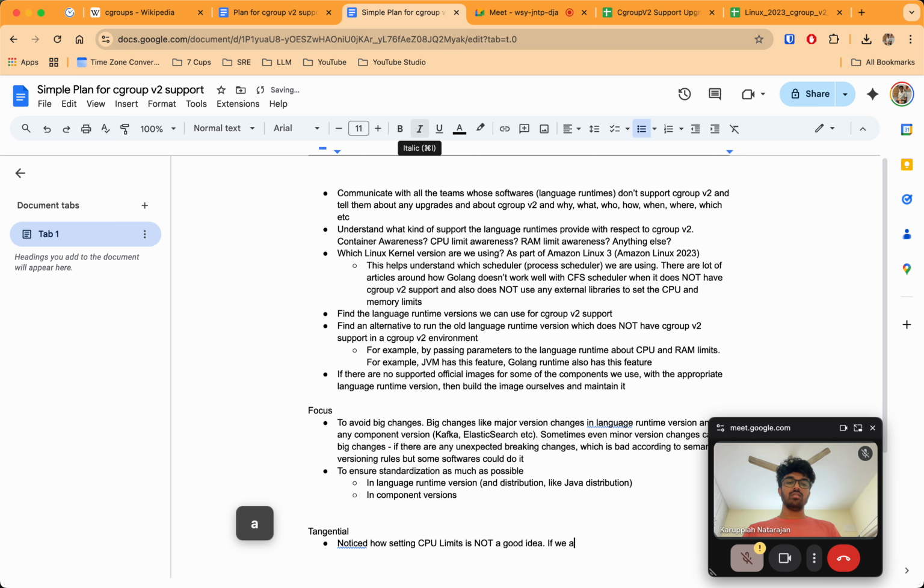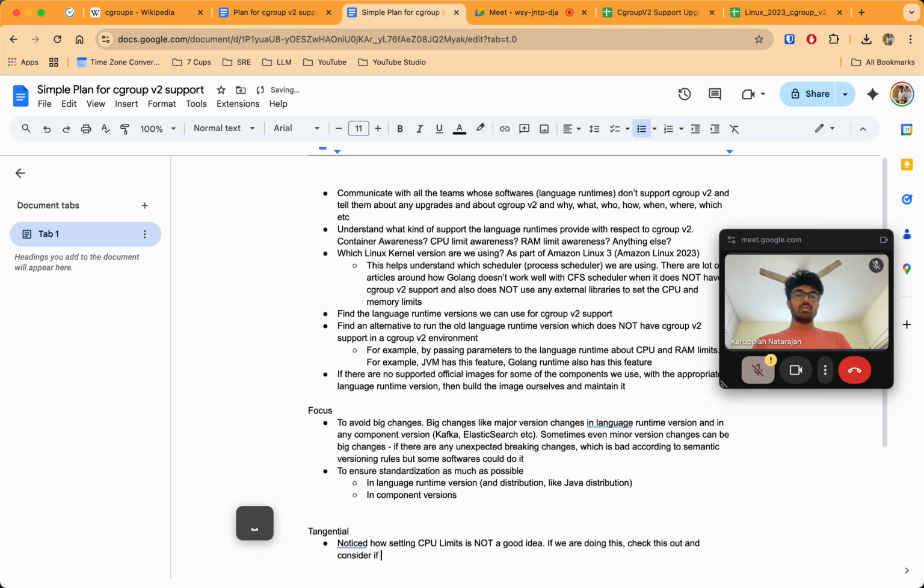If you are doing this, check this out and consider if we should continue doing this, setting CPU limits.